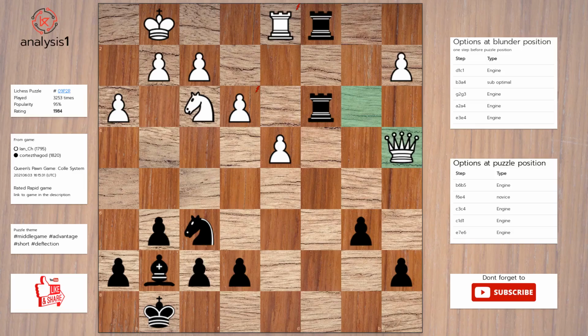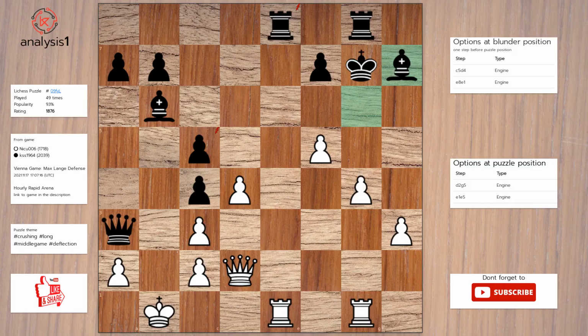Threats in this position are: Rook takes pawn. Rook takes rook check. The checks are: Rook takes rook check. Solution to the puzzle is: b5. Queen takes pawn. Rook takes rook check. Next puzzle. The threats are: